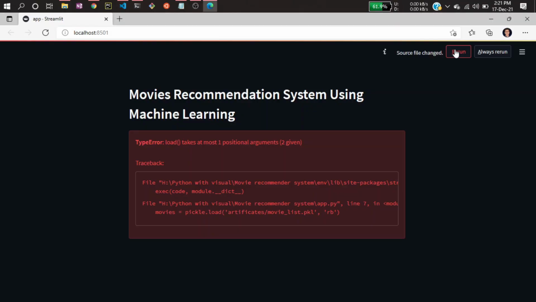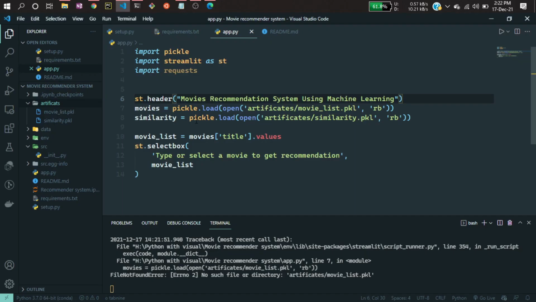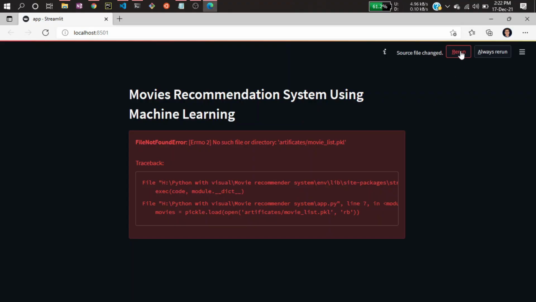Now if I rerun that, okay, it is showing no such file or directory, movie list pickle. So here I have to check whether my folder name is right or not. Artifacts, okay, so the artifacts name is not right, so I have to correct it to artifacts, and similarly I have to write it here too. Now if I rerun that,